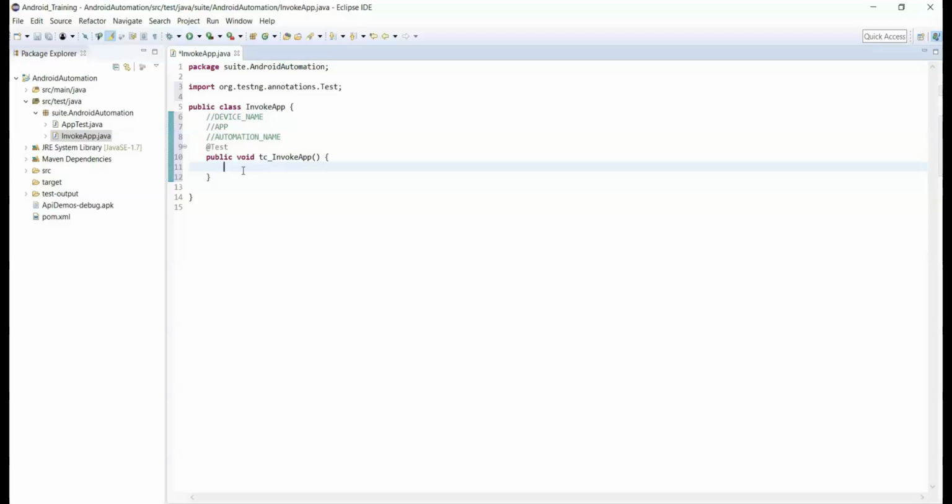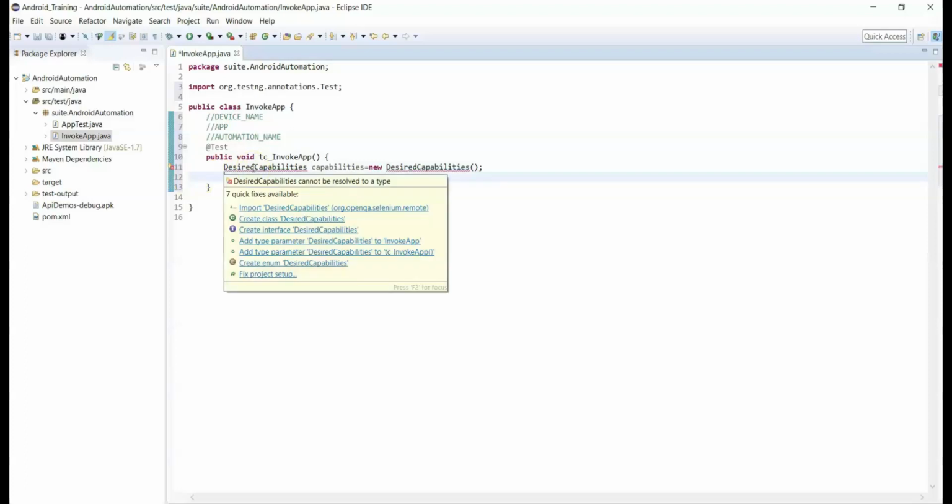So for that we need to create an object for desired capabilities class. Desired capabilities class, some reference variable capabilities equal to new desired capabilities. Now we need to import the desired capabilities class.